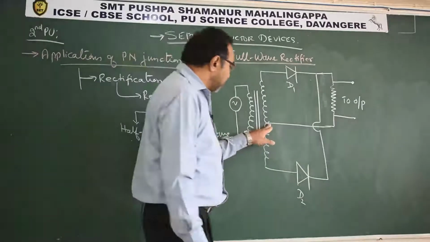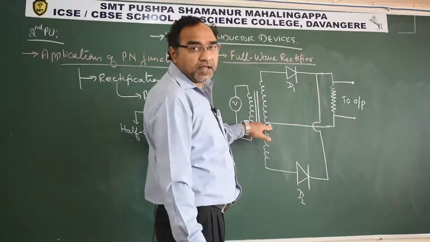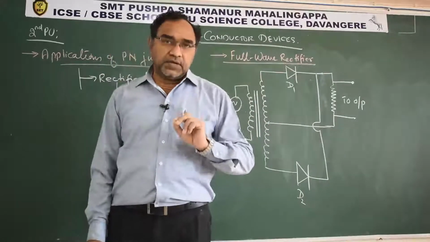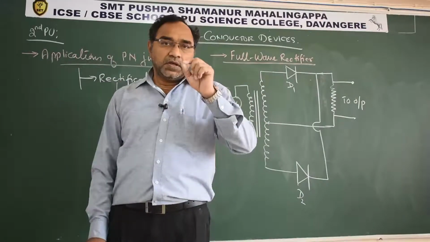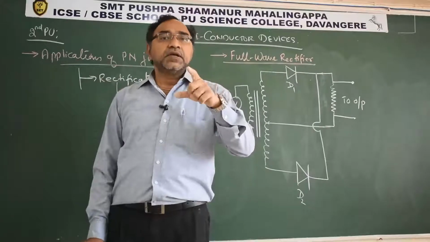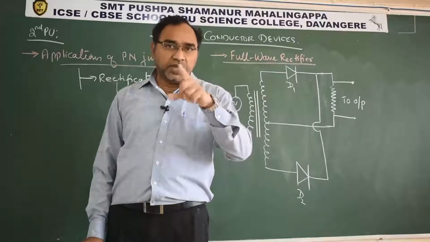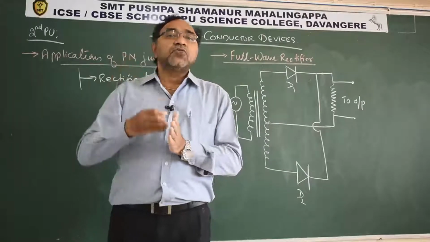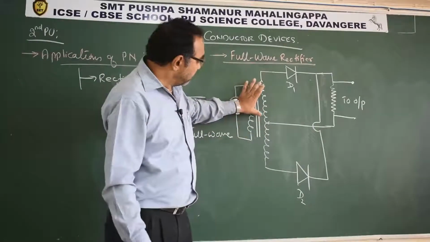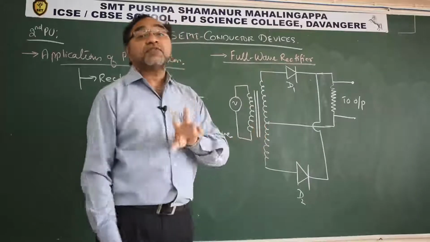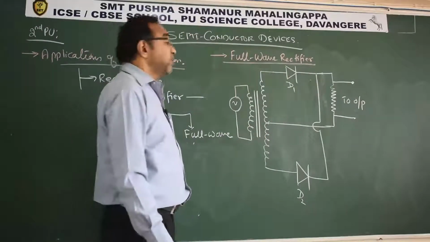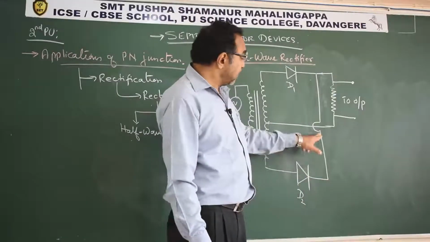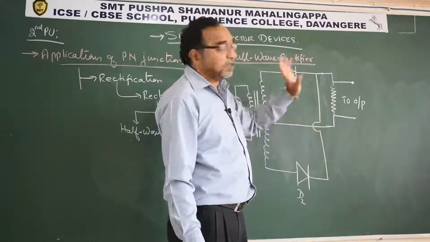This is center tapping. So here in the transformer, we are doing center tapping. Center tapping is a procedure in which, in the secondary terminals, that we have. In a transformer we have primary and secondary. The secondary is divided into two equal halves. This is one half, this is another half. This is called center tapping of the transformer. Second, the diodes here, you see, we are not connecting them through, you are taking a jump and connecting here.